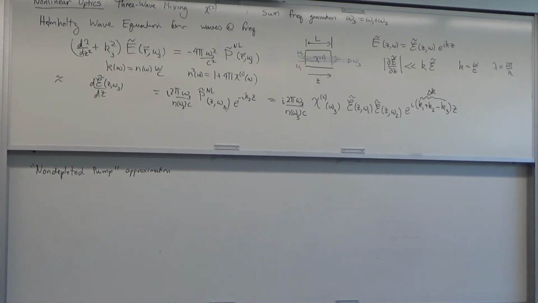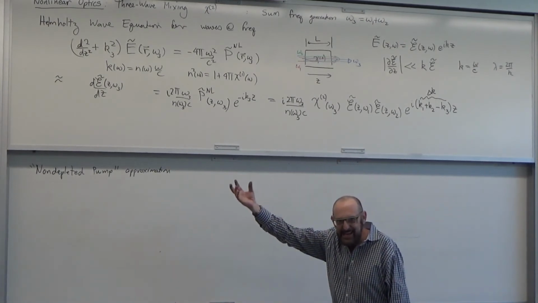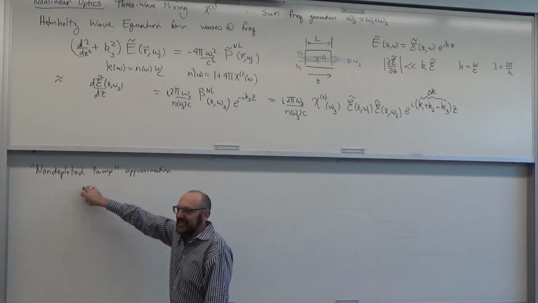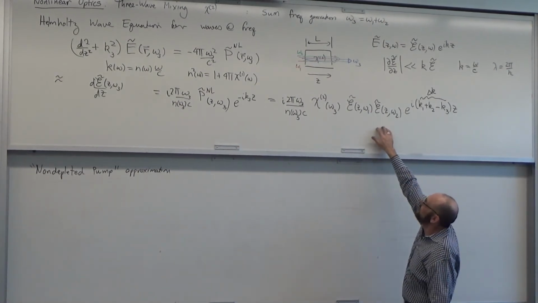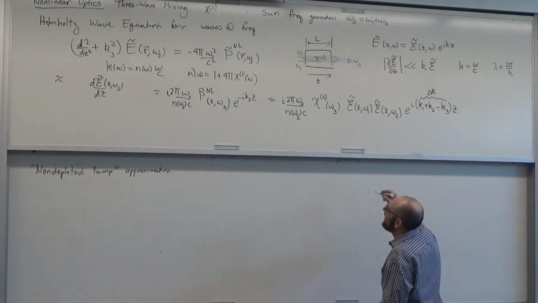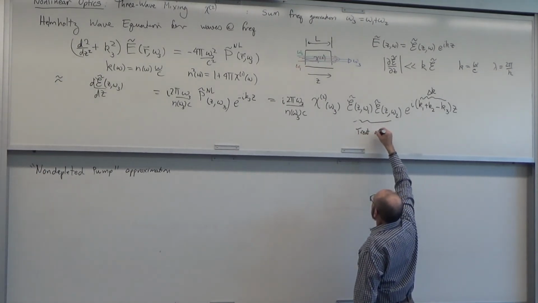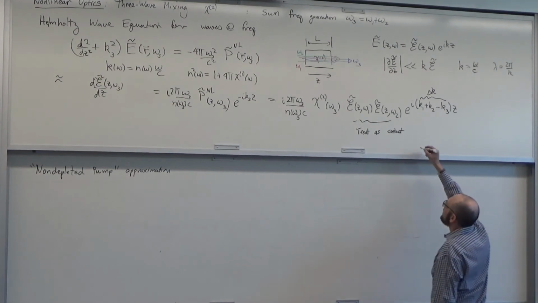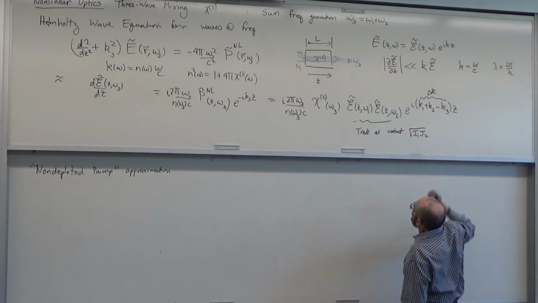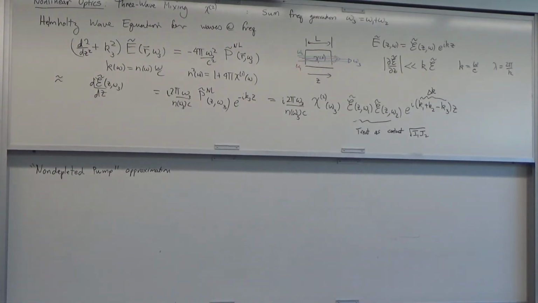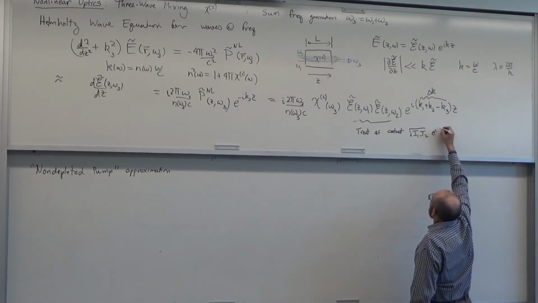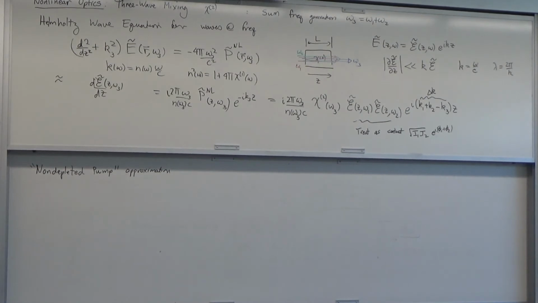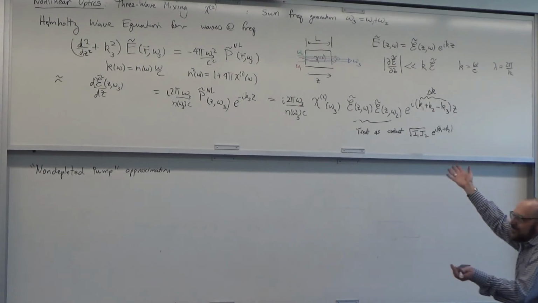Okay, so I can at that point just say that the amount of energy that I have to take out of 1 and 2 to put in 3 is just tiny and negligible compared to how much energy it started with. And that means I'm not depleting in any way the pump. And I just treat these guys as constants. That's a non-depleted pump approximation. Related to the intensity times with some phases. Okay. So under that approximation, I can solve this equation because then it's a linear differential equation with just a